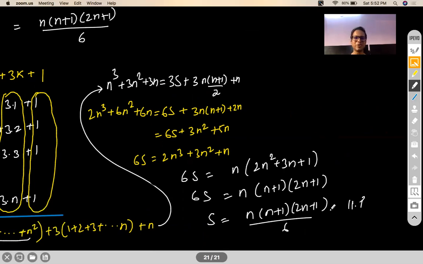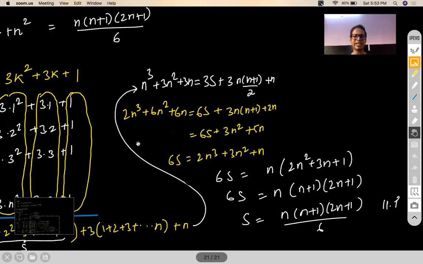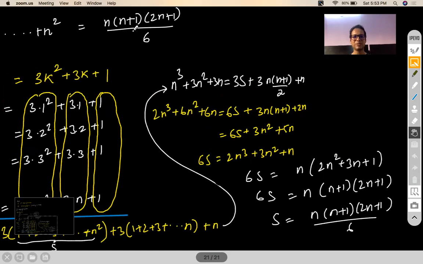Okay, so those who are not aware how this formula comes, it comes from this method. Now this method itself is a kind of a method of difference, which is your second method that I said we are going to discuss in some time. So this is a very interesting way of proving all the special series sums. For example, 1 cube, 2 cube, 3 cube till n cube can also be proven in a similar way. Okay, so those who are interested, please note down this proving and do let me know if you are done.